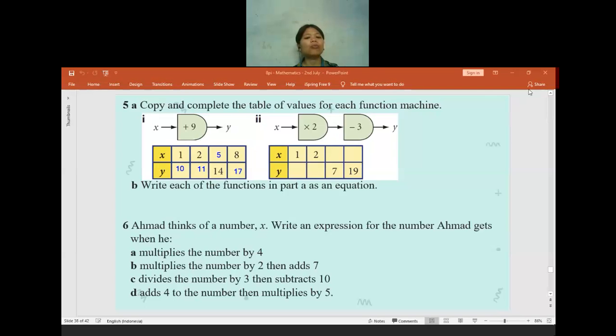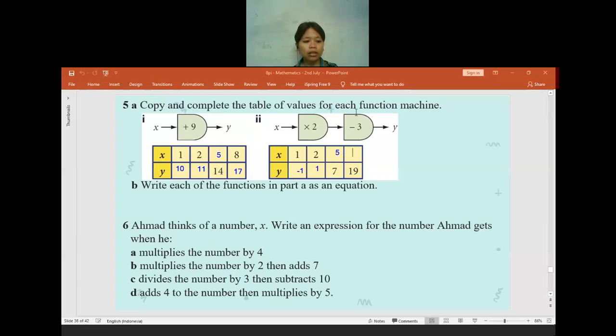For the second diagram, how many is the output when the input is 1? Yes, the output will be equal to negative 1. Correct. How many is the output when the input is 2? 1. Okay. Good job. And now when I already have the output, how many is the input? Someone said 5. Okay. Is there anyone who got a different answer or disagrees with the input 5? Okay, no. If no one is confused, let us continue to the input when the output is 19. How many is it?